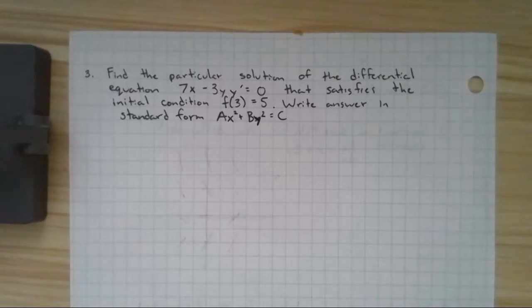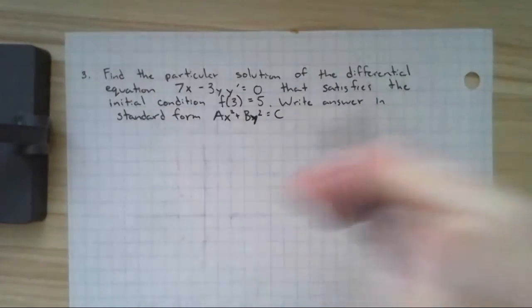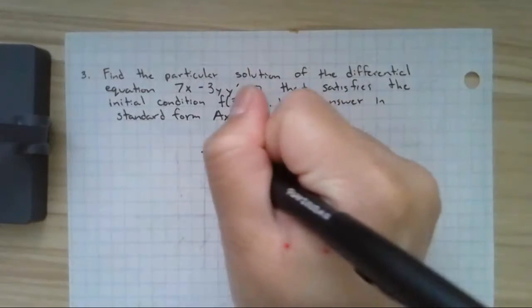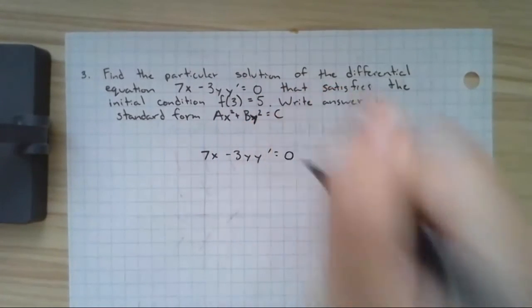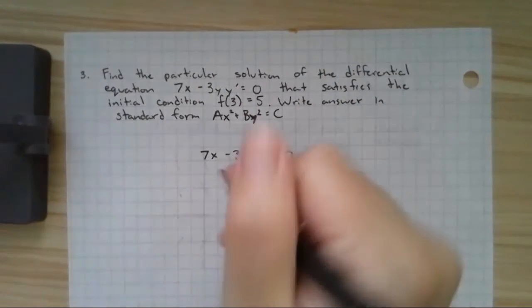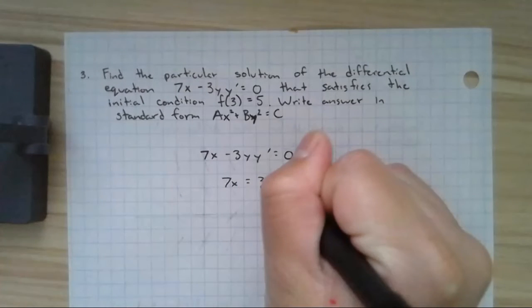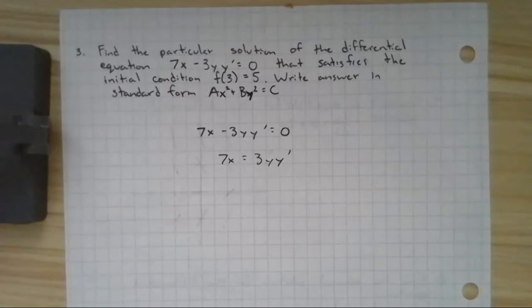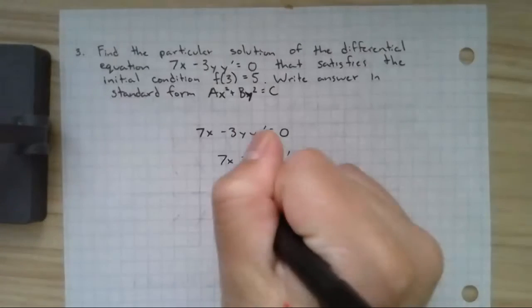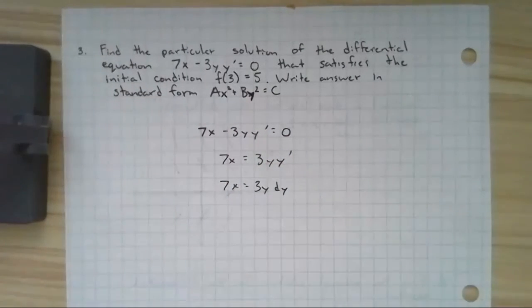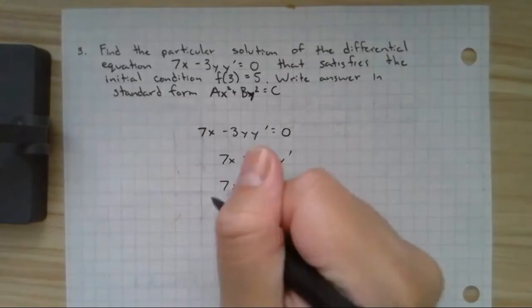So what you want to do is take that differential equation. I'm just going to rewrite it first. And I'm going to send the y's over to one side and keep my x's on one side as well. So if I add 3y y prime to both sides, I'll get this. Same thing. And so then if I integrate both sides,